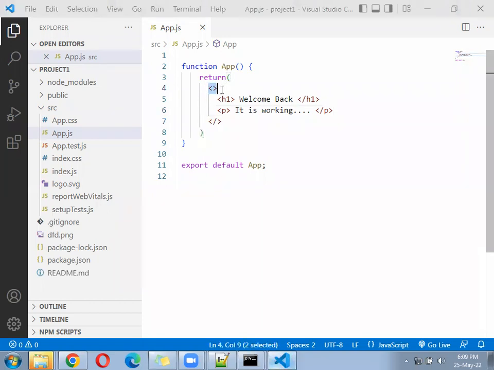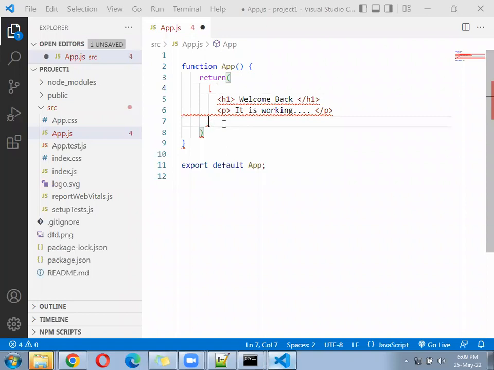Instead of following this one as the empty tag, you can use a square bracket also. But a square bracket will make your program a little complex. If you remember the JavaScript array, within the square bracket we put multiple elements separated by comma, maybe single quote, double quote, or without quote.